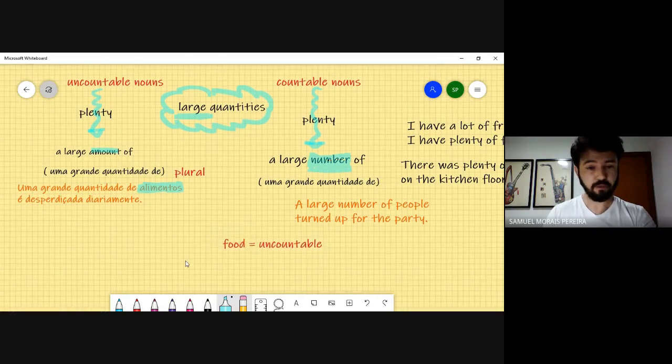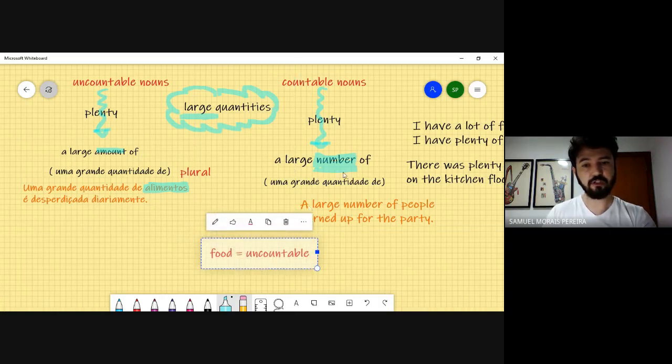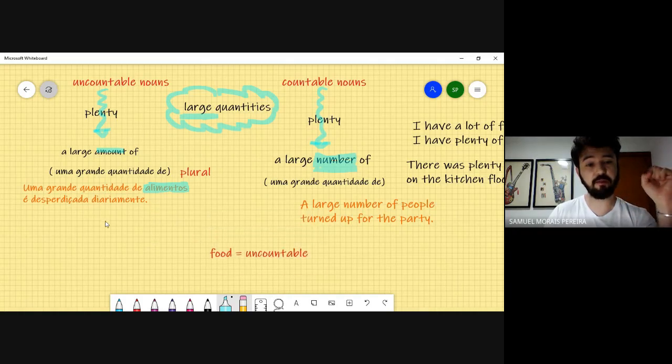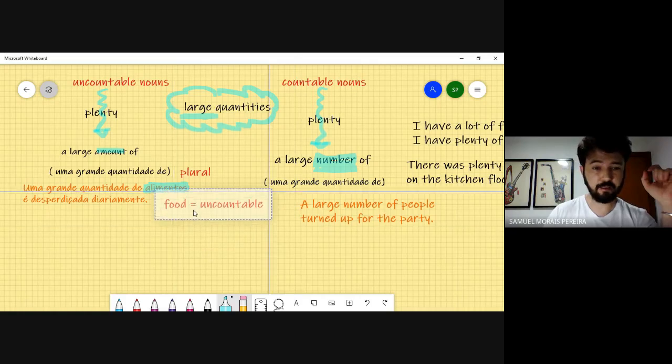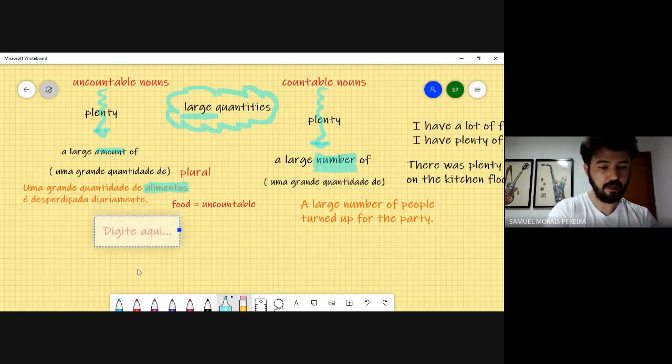So you have to remember that with uncountable words, we cannot say "a large number of", because if you think in Portuguese, você cai do cavalo. Você vai pensar uma grande quantidade de alimentos, bom, alimentos está no plural, então eu vou usar a large number of food. Mas não, you have to remember that in English, alimentos is food, and food is uncountable, so you have to say a large amount of